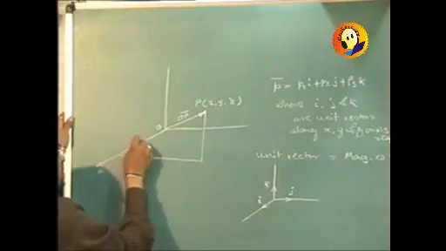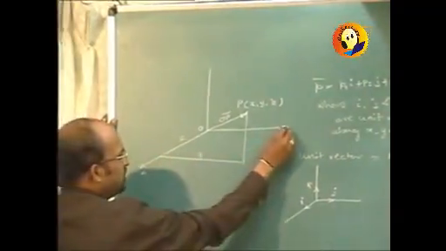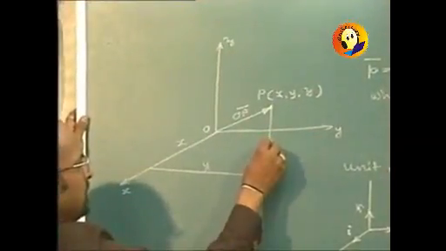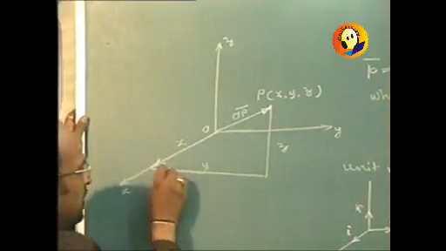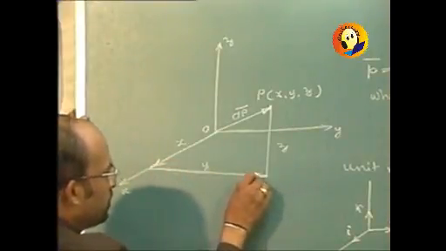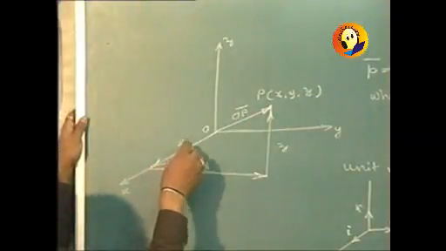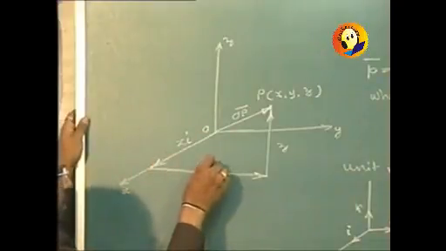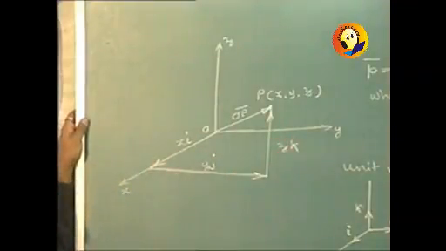So this is the distance travelled along x-axis, the distance travelled along y-axis, this is our y-axis, and the distance travelled along z-axis. So ultimately this is the direction in which the movement will take place, and to indicate that direction we will write it as xi plus yj plus zk. That is what we call it as the